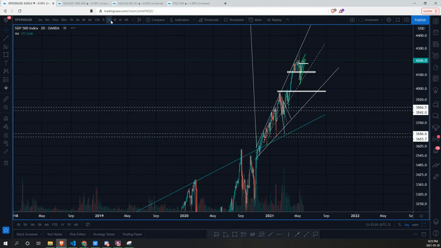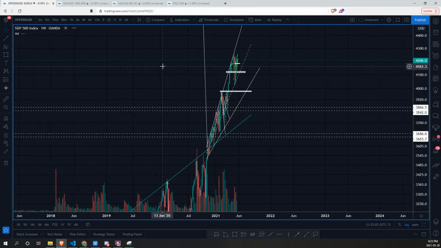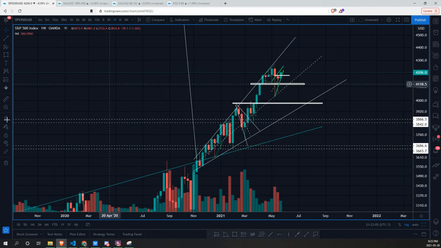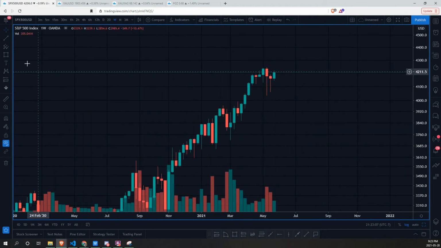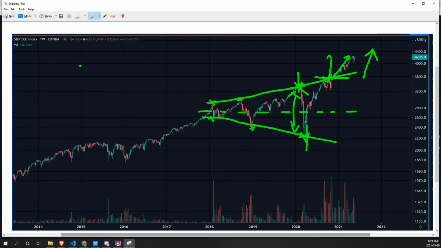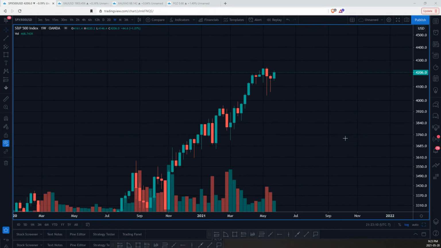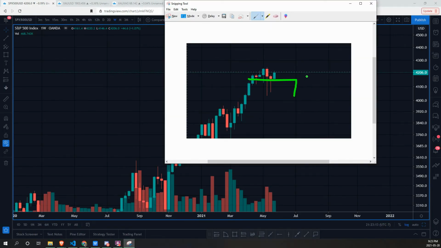If we take a look at the 2-day or like the weekly, we can see there is lots of wicks. If we take that out, and if we draw a nice quick picture, we can see there is a lot of wicks below this major level of support right here. So there's a ton of buyers, and that's what I'm expecting in terms of the long-term price action.